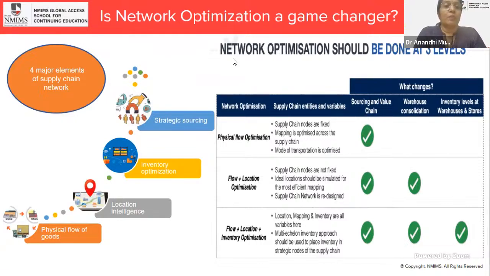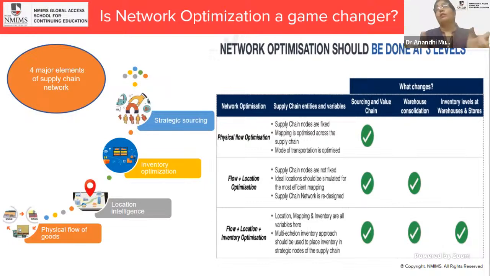So how are flow plus location optimization and flow plus location plus inventory optimization different in terms of supply chain structure? It is a little ambiguous. Could you please explain? Right. See here, both are to some extent the same. But here, we were talking about the multi-echelon inventory when it comes to flow plus location